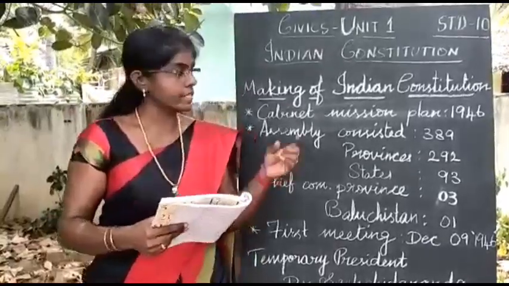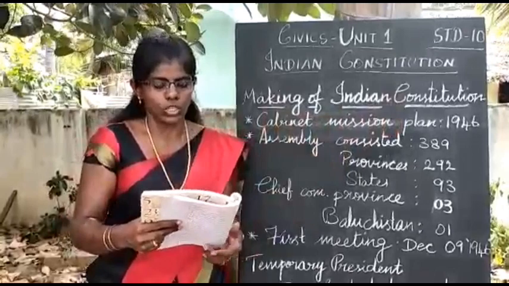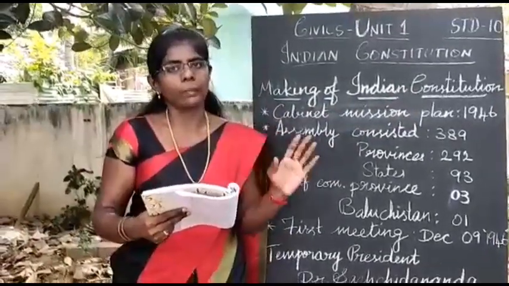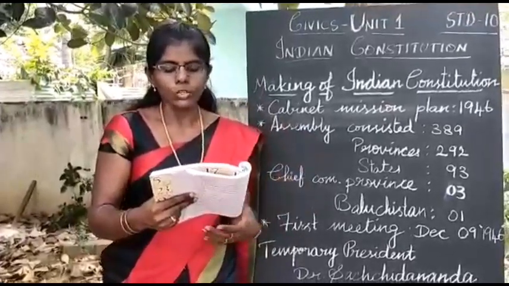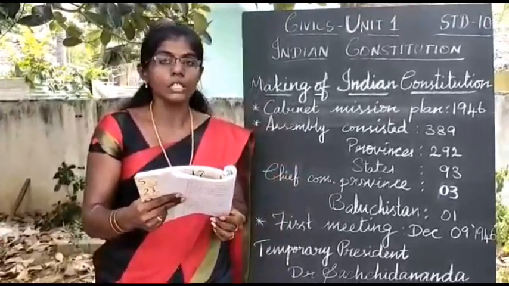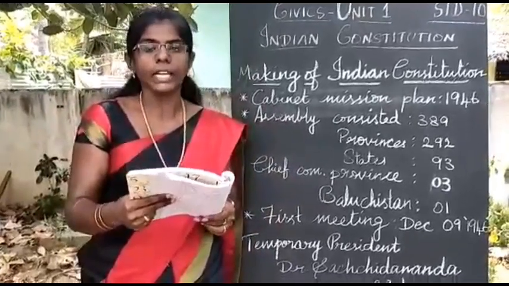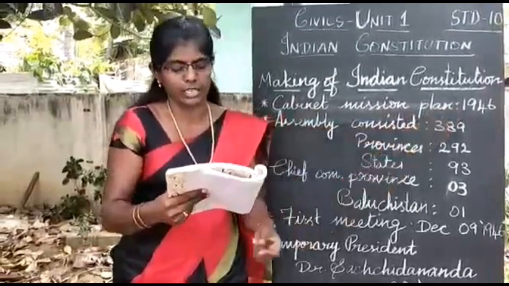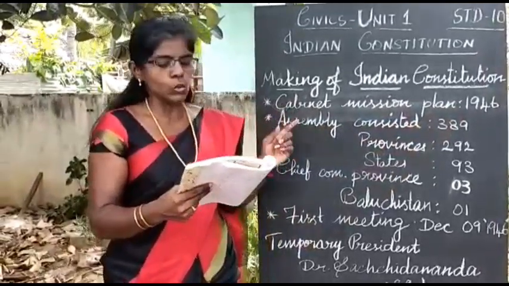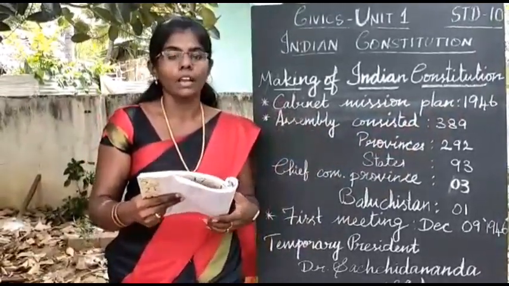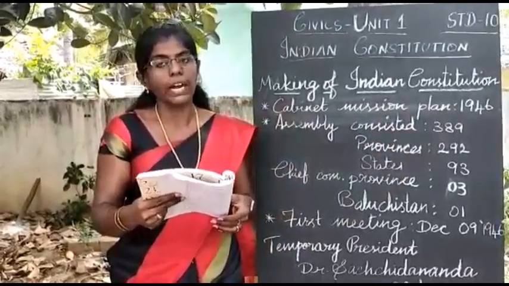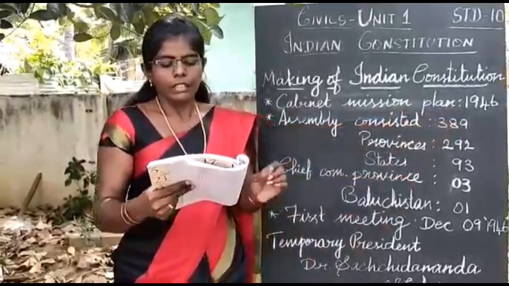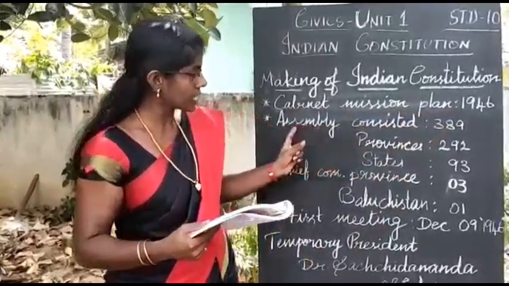Next slide heading, we will see the making of the Indian Constitution. For what purpose did they frame the Indian Constitution? The Constitution of India was formed by the Constituent Assembly set up under the Cabinet Mission Plan, which was held in 1946. This assembly consisted of